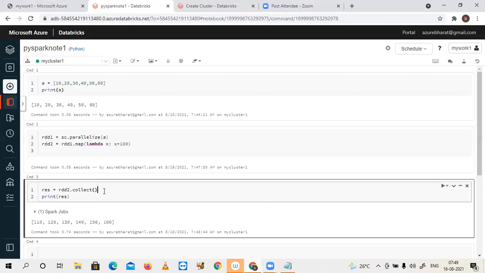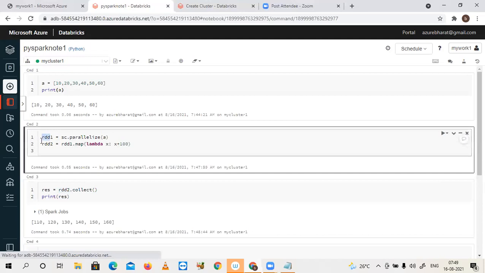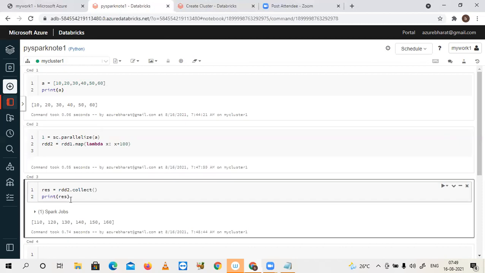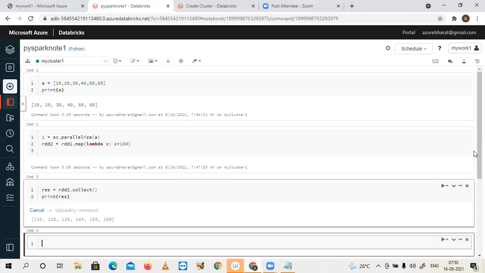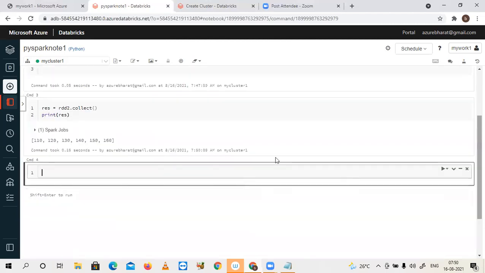When you apply an action on an RDD, the entire data flow will be executed. Remember. So you applied an action on RDD2. For RDD2, input is RDD1, so the flow will start from RDD1 up to RDD2. Once that got executed, the results will be collected into the driver. Generally if it is your laptop, the results are collected into your local machine. Okay, so this is the basic work style. Now let's go with some other manipulations of the data.